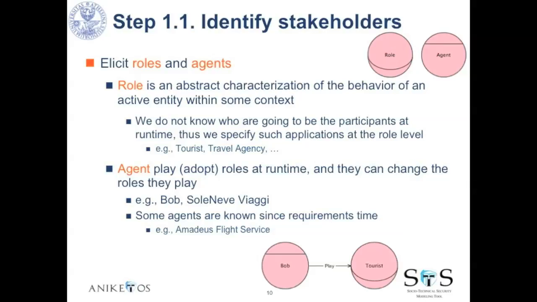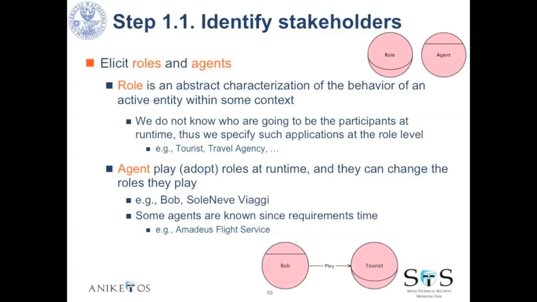An agent refers to an actual participant that we know at runtime, whereas a role is a more general characterization of agents. And actually, when we are designing systems, probably we do not know who the actual participants at runtime are going to be. So it is often the case that we need to use the concept of role to capture these stakeholders. For instance, in our example, when we talk about traveler, visiting researcher, or travel agency, we do